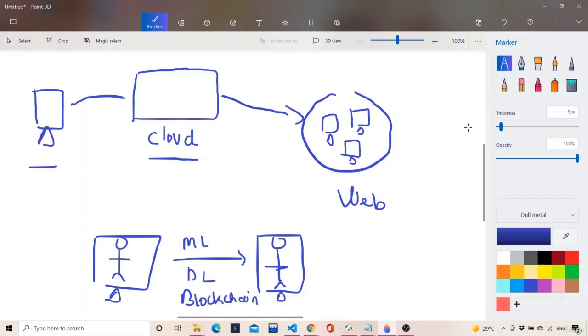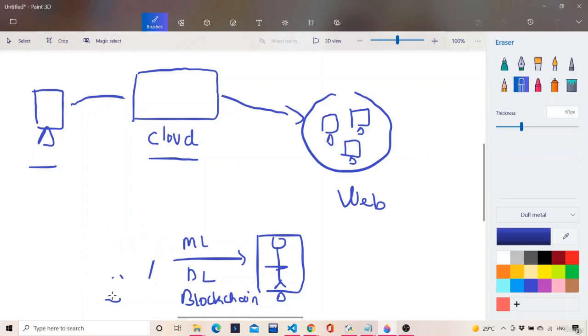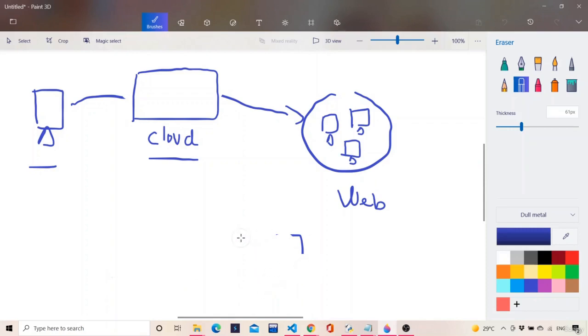So we need something which gives us a lot of computation, a lot of storage, a lot of maintenance, a lot of scalability, a lot of reusability, a lot of reliability, all those terms. All those are provided by this giant known as the cloud. The cloud we are using today is AWS, that is Amazon Web Services.